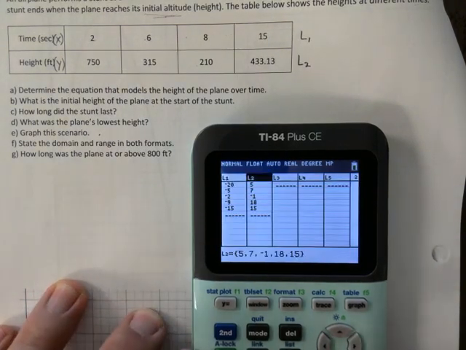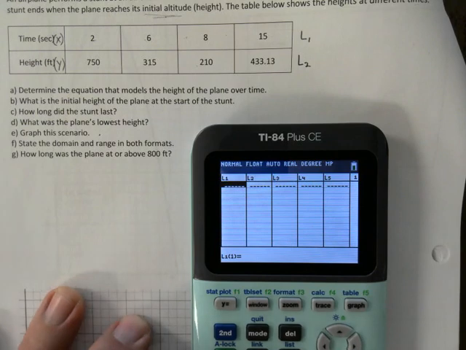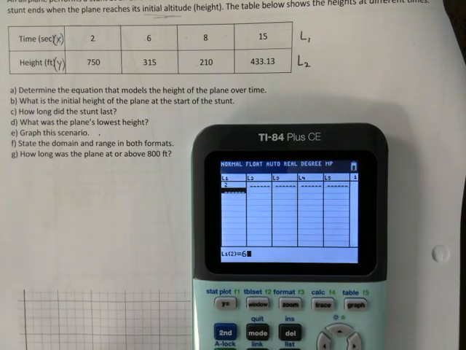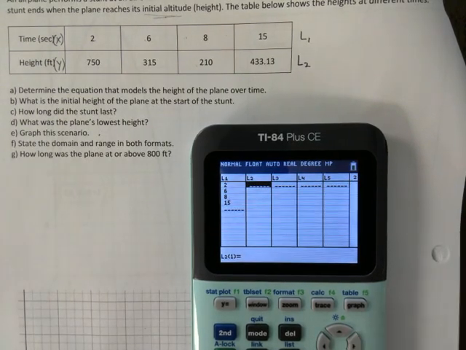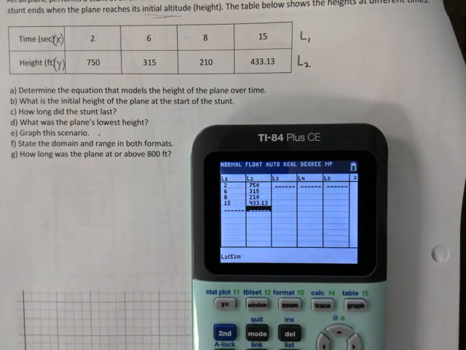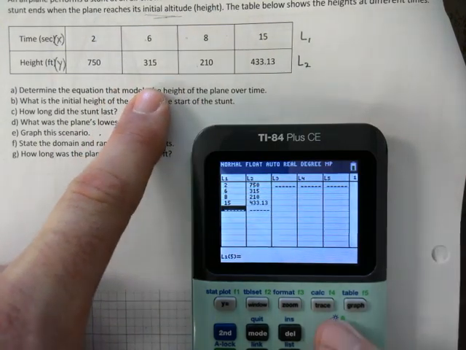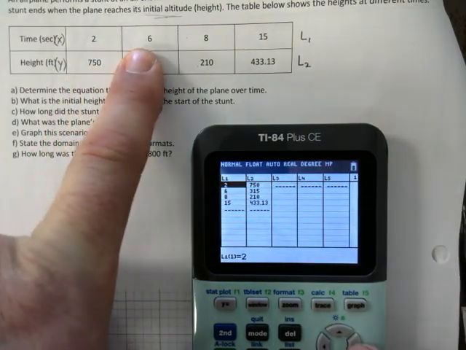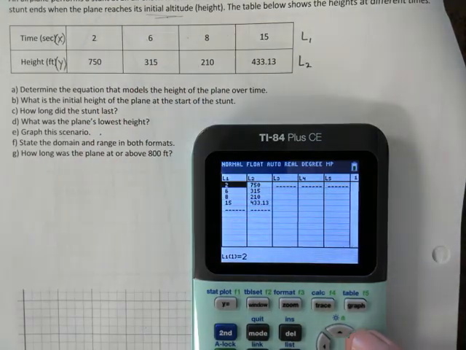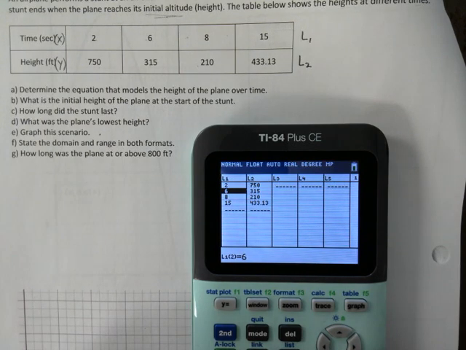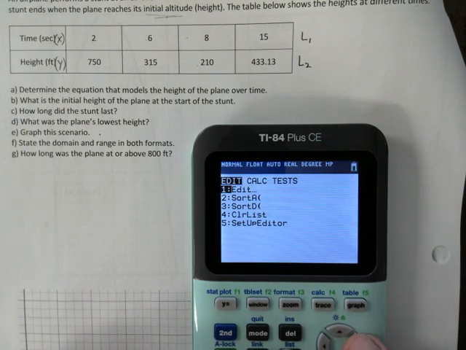Stat edit, clear whatever you have in there. Just a quick check to make sure I got it right. Trust me, it's very frustrating when you do all the work and you get the wrong answers because you typed in one wrong number. So now we go stat, calculate,